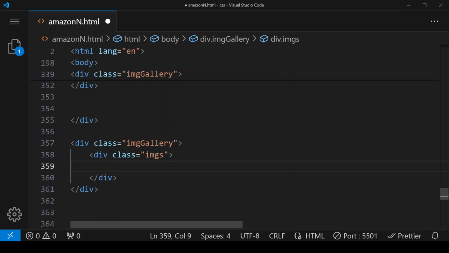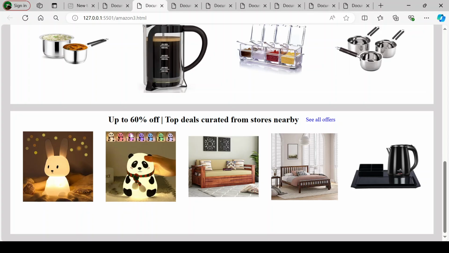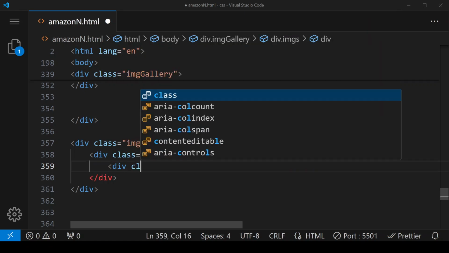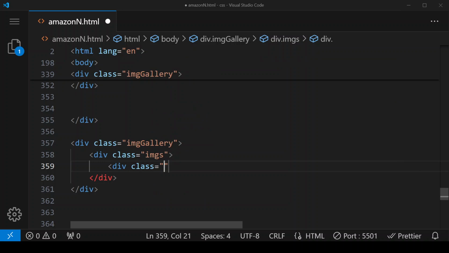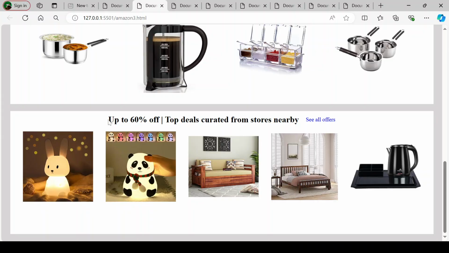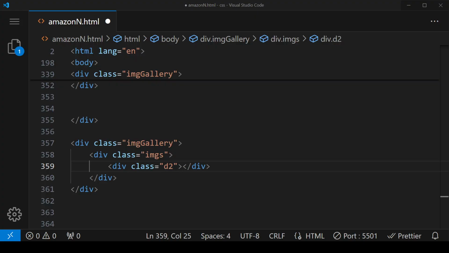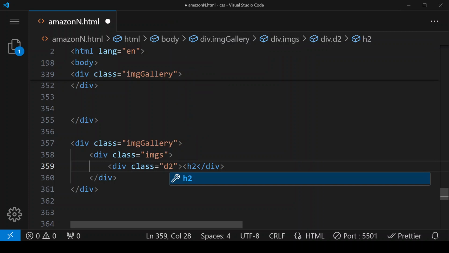Now here first of all we have to design this topmost section, that is this text, and we are going to write this text in div. So here I'm giving div class equals to, here we are putting class D2, and here we have to copy paste this text in between h2 tag.